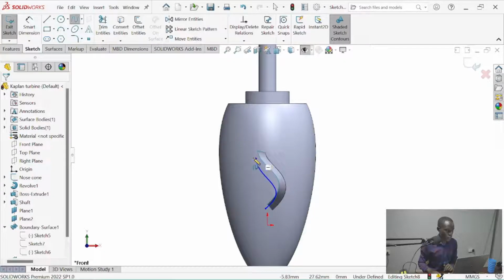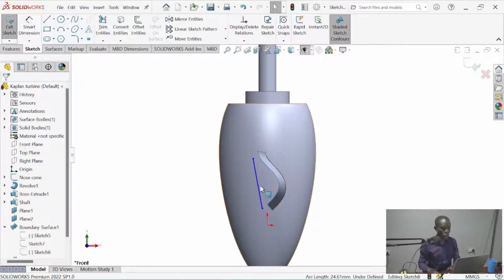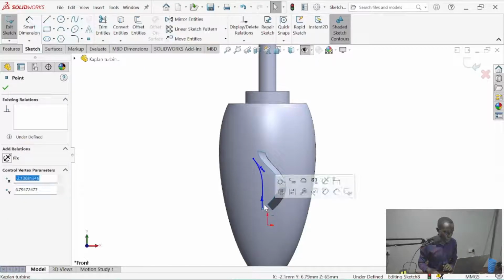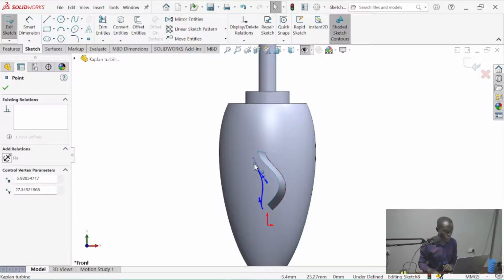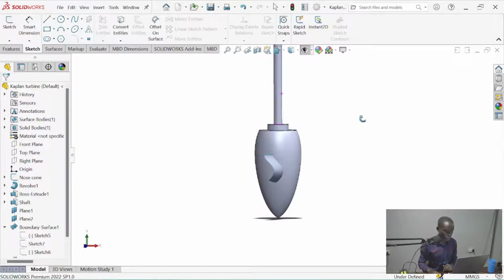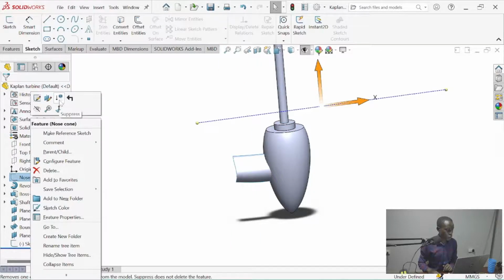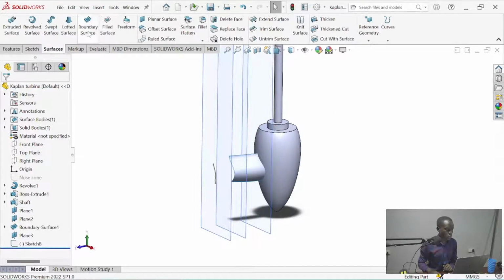Gray spline from here and okay. Connect this, suppressing, and back that.